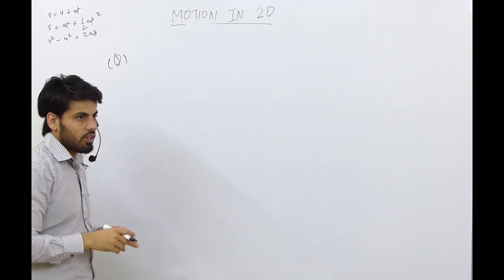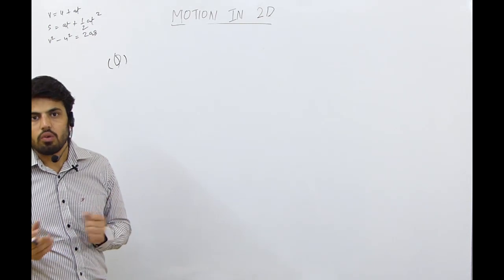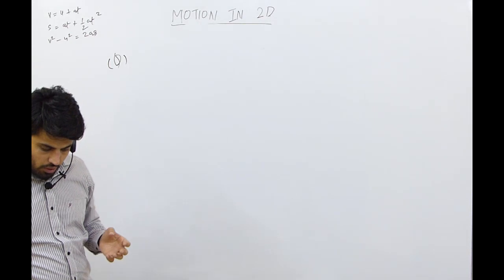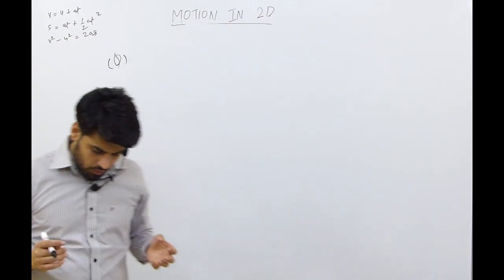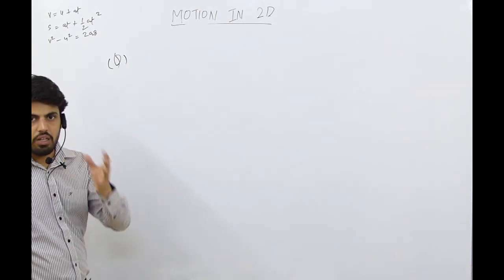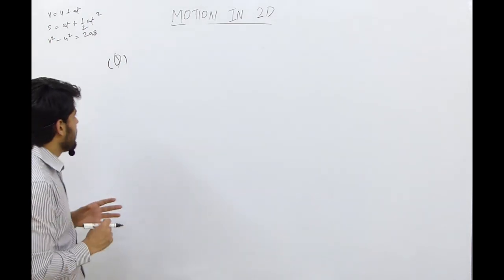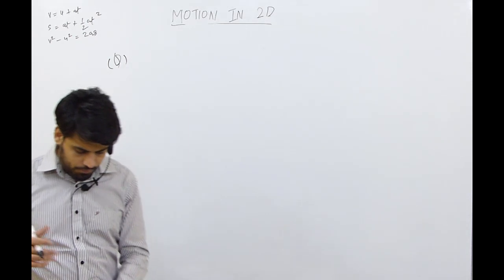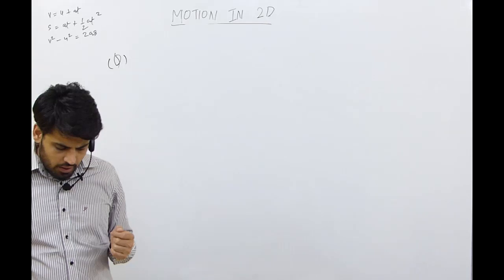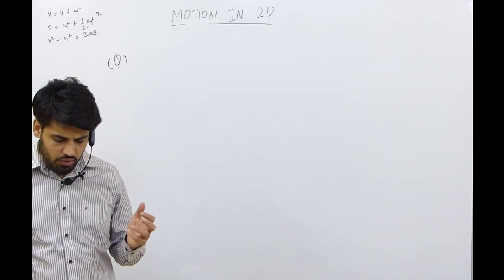The question is, we fire a bullet in all directions. What is the area covered by a bullet for any particular velocity? We have to find that. I'll read the question for you. A large number of bullets are fired in all directions with the same velocity v. What is the maximum area on the ground on which these bullets will spread?